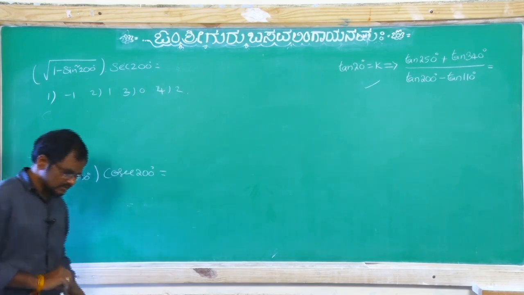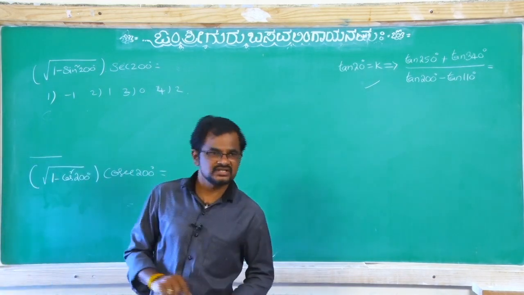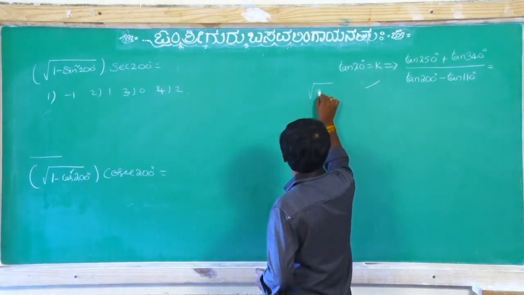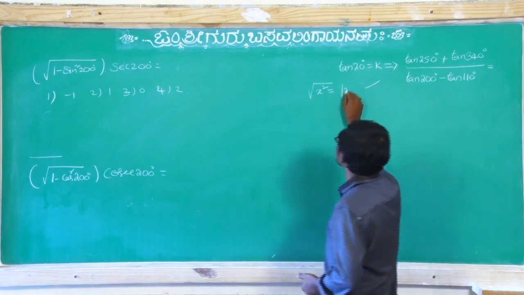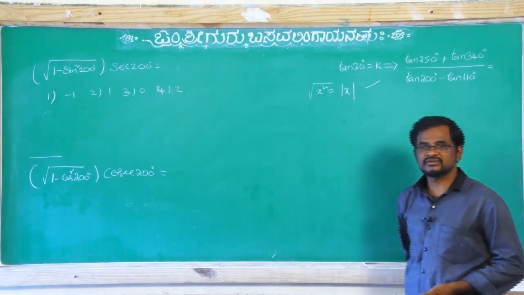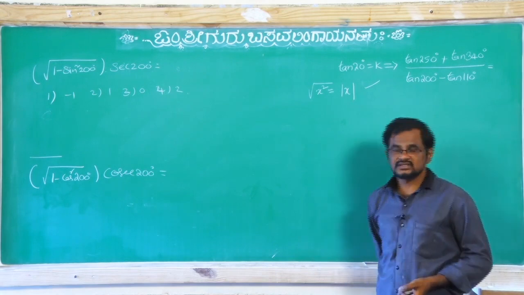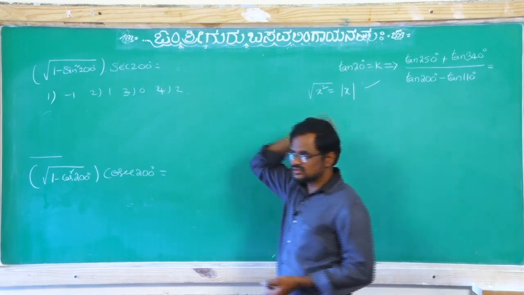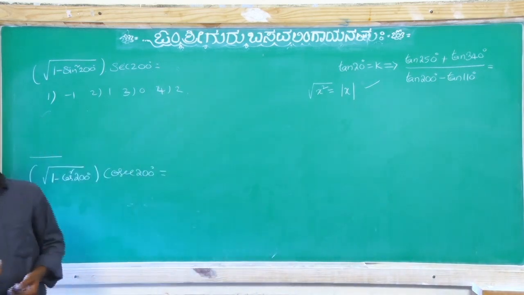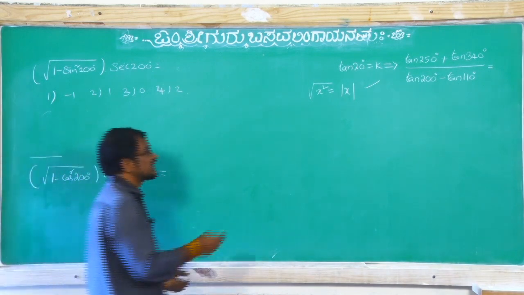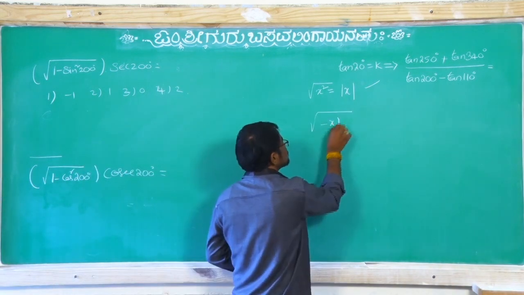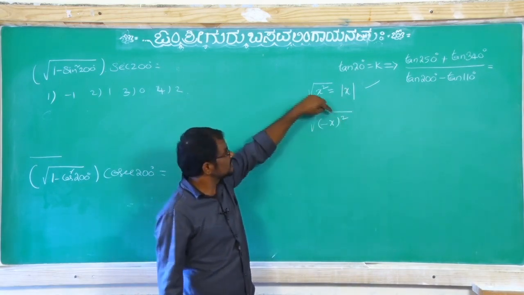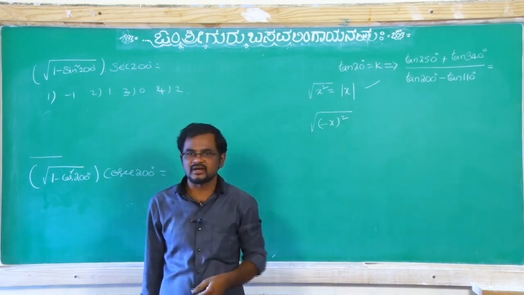So in functions, modulus functions we discussed. There I gave root of x square equal to what? Mod x. Root of x square equals mod x. Here x may be negative, x may be positive, even then we will get positive. So it depends on whether the x value is negative or positive. There I gave one explanation also. So this is mod x only, because if you cancel these two directly like that you won't get the proper answer.